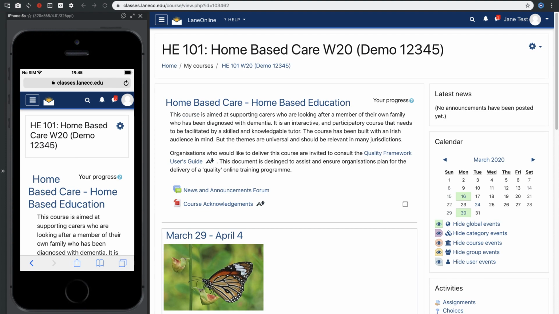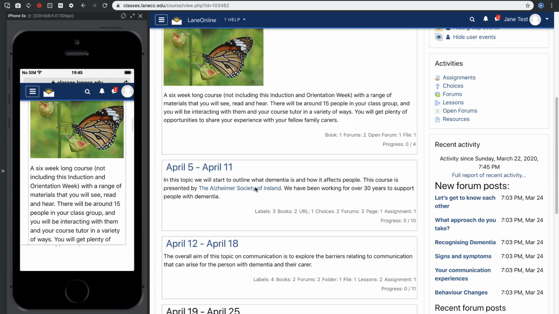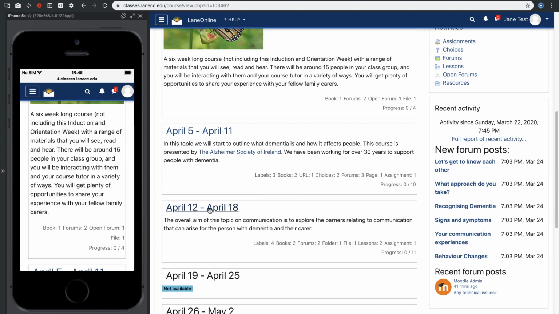If you see the weeks listed but no activities, the course is likely set up to have each week's activities broken out into separate pages. The course homepage serves as a simplified table of contents with a summary of activity types. Click the title or date of the week to jump into the content for that week.